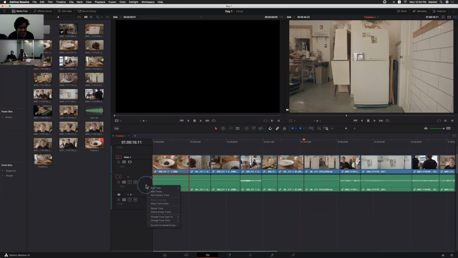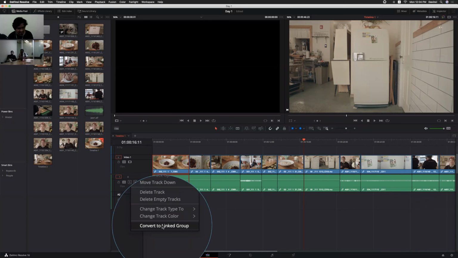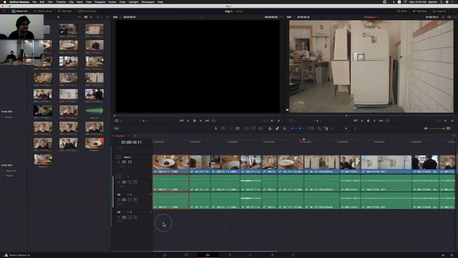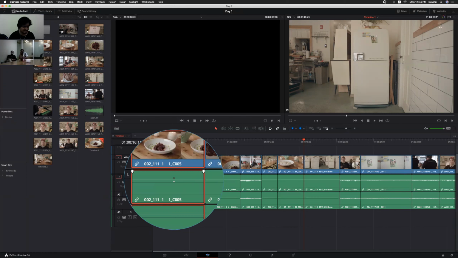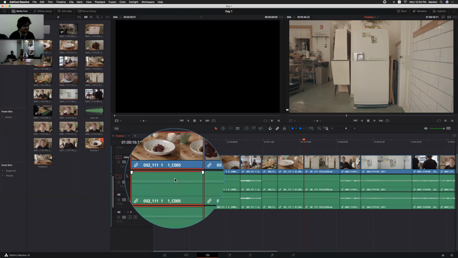We can change the setting. So convert to linked groups. When you click this one, it will automatically separate the channels. Now we can see both the left and right channels separately, right? But once we separate this for this timeline, it remains the same. We cannot go back to the single track, right? Simply right click and you need to select convert to linked group. And for the audio levels and everything, it's the same, right? Adjusting audio levels.